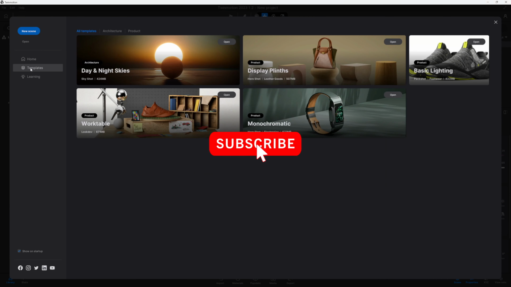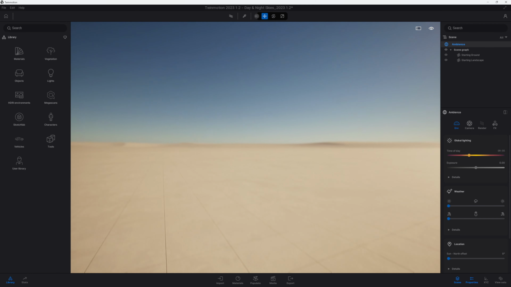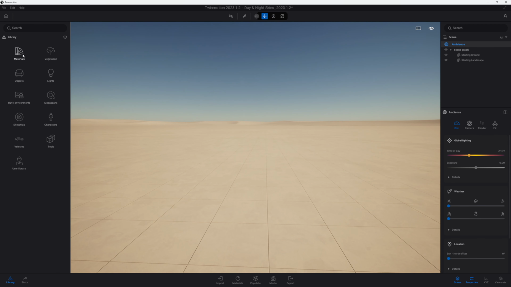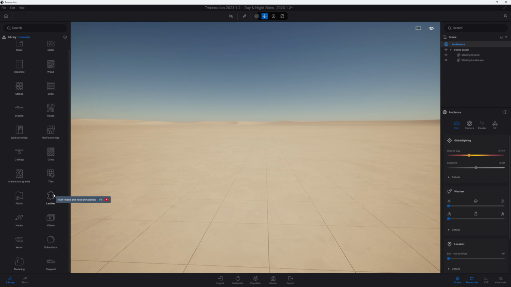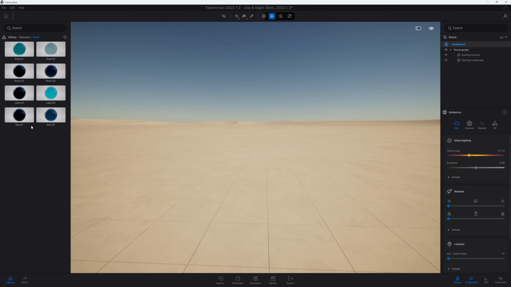So welcome to this new Twinmotion tutorial, and today we're going to make a beautiful tropical desert island, and we're going to start off with the days and nights template. The reason I've chosen this one is because it has some really nice default settings for things like HDR skies, as you will see later. So what I'm going to do to begin with is